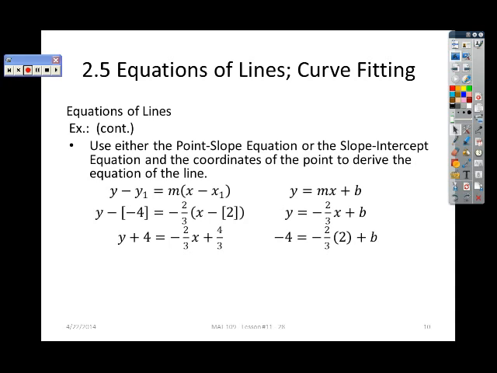So I put 2 in for x, minus 4 in for y, and that gives me an equation where all I need to find out is what b is. But this gives me a way to find out what b is. Solve that, and I get b equals 8/3. Over here, rearrange the equation to combine like terms, and I wind up with this. Over here, if I put this value for b back into here, then I'll have the complete equation here. This is almost complete, except I need this value for b. This gives me the value for b, so I can plug it back in,